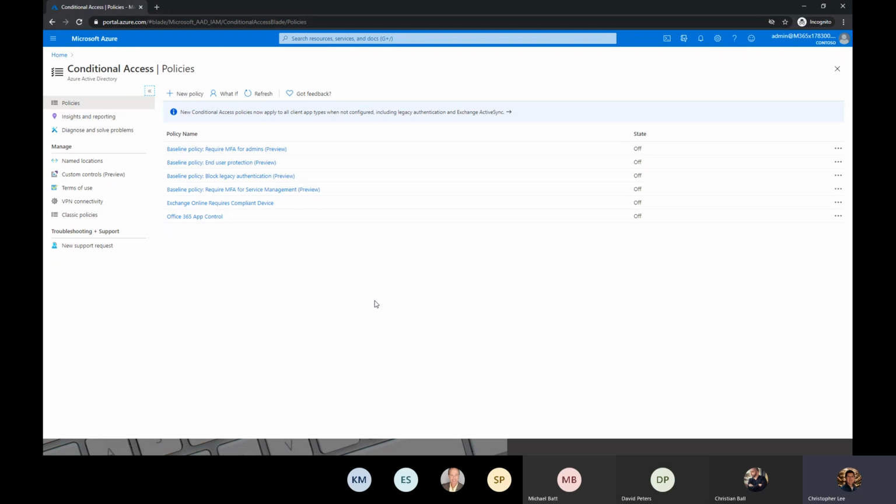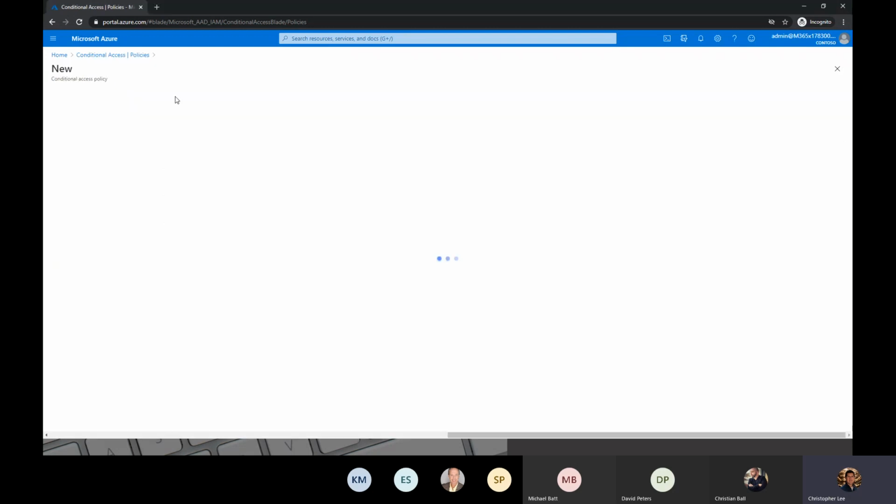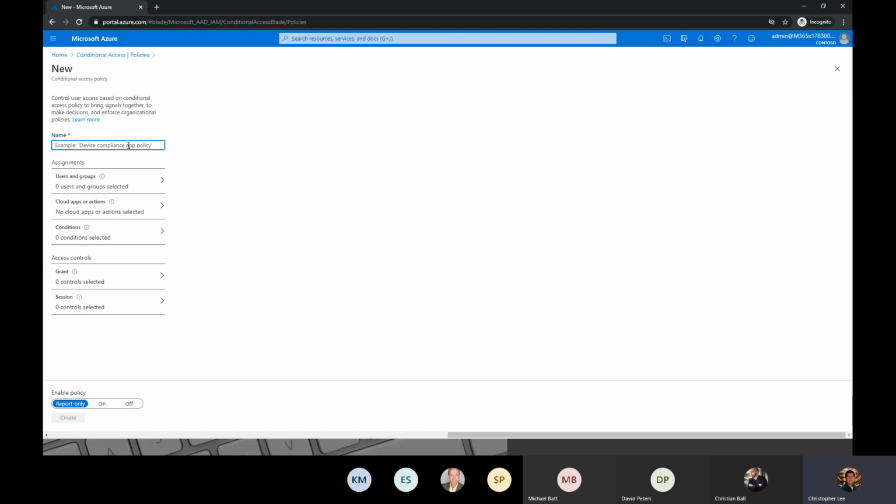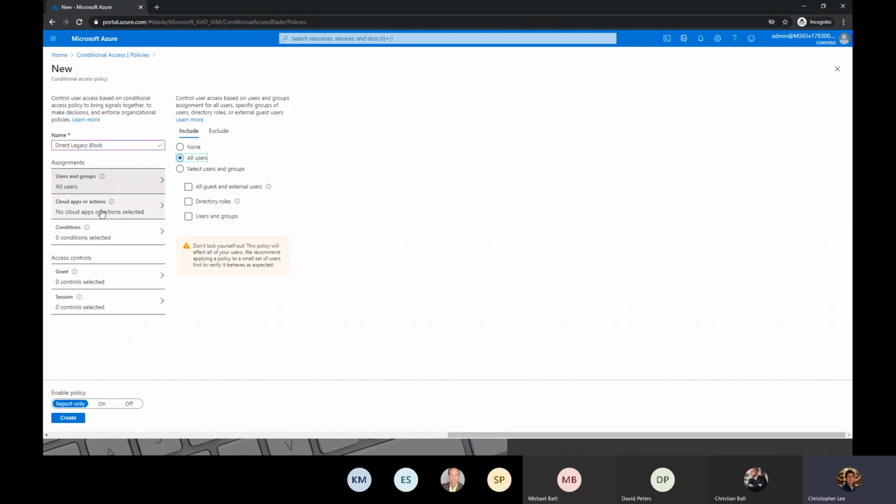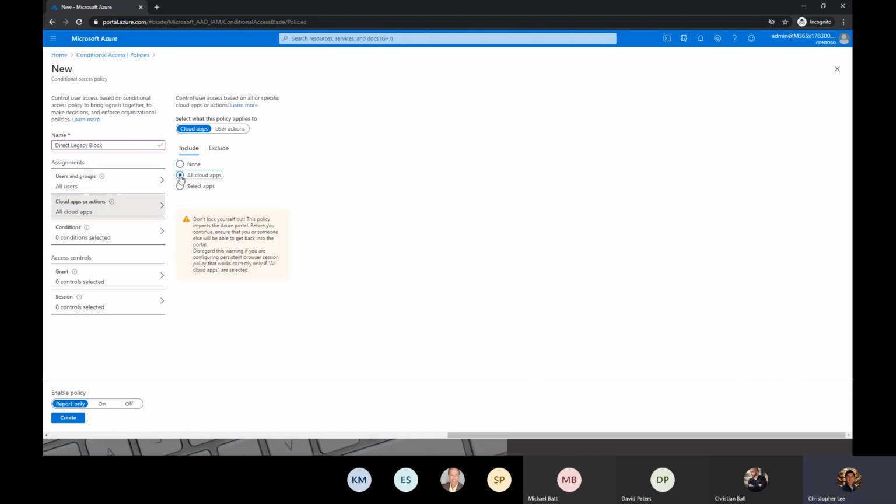Again, looking at public cloud, everything's open by default, right? So we need to close things down explicitly, and that's where we start getting into an indirect scenario. But first, let me show you direct and what I mean by that. So if I wanted to create a direct block policy, what I need to do is scope this to all users, all cloud apps,